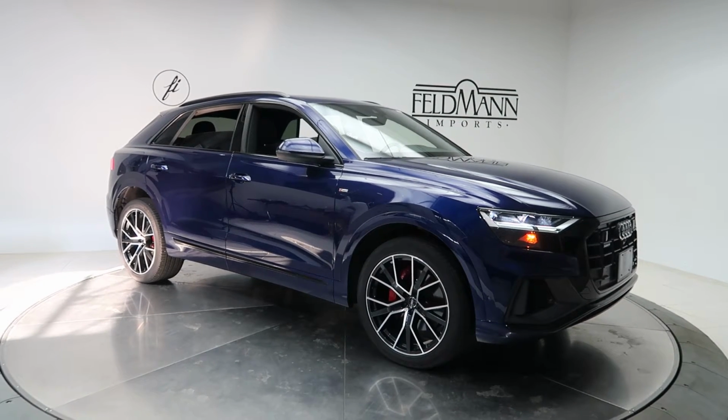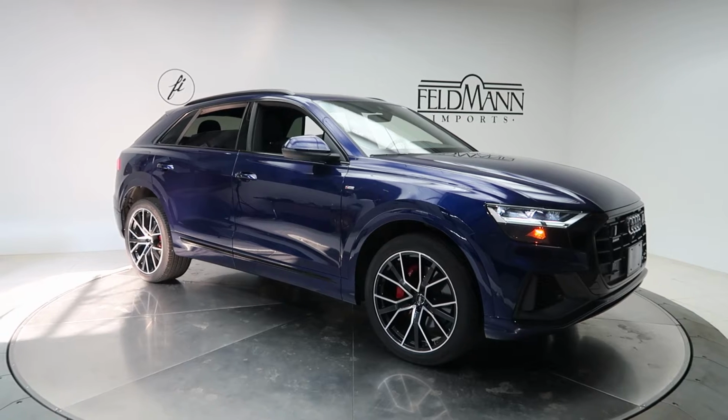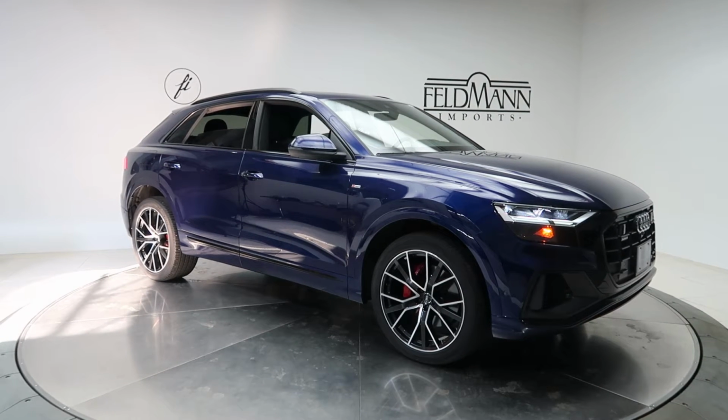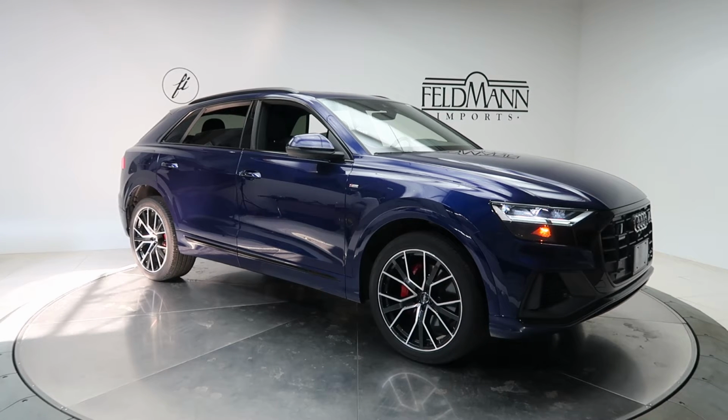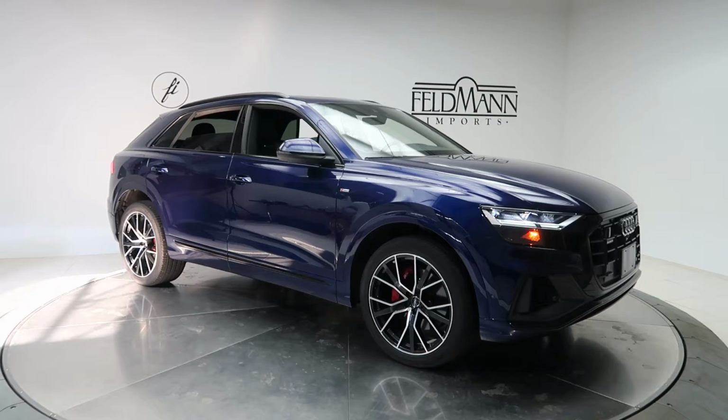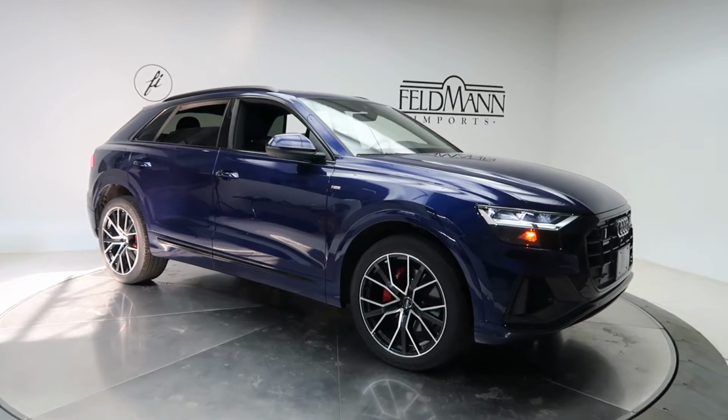Today we're taking a look at a 2019 Audi Q8 Premium. This one is blue. Underneath the hood is a 3-liter V6 turbo with 335 horsepower and 369 pounds of torque. This one has 22-inch wheels, red calipers,